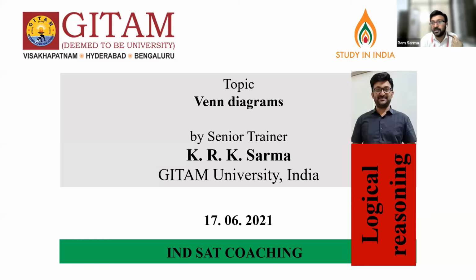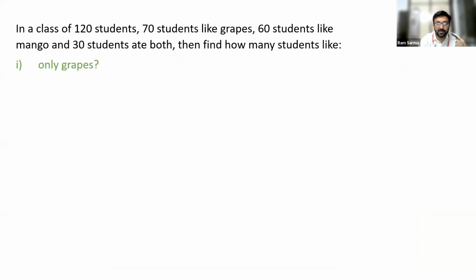The pictorial representation of a set is known as a Venn diagram. If you are given a question this way, try to understand the question given, try to solve this one, and then I'll explain it to you.